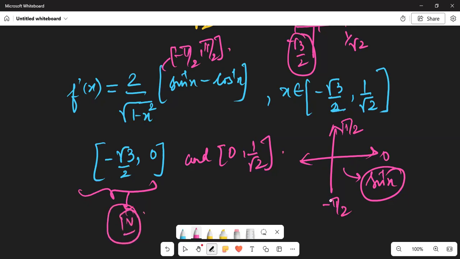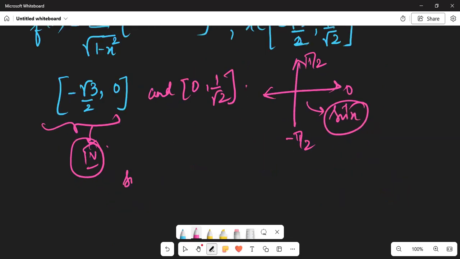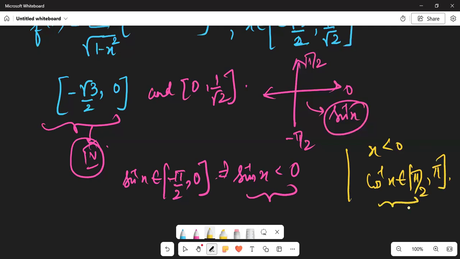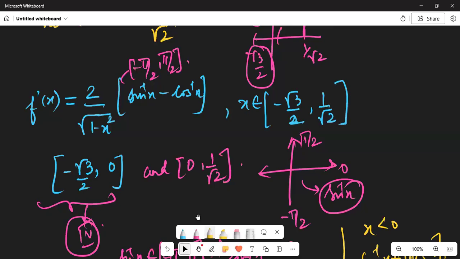In the fourth quadrant, sine inverse x is lying between minus pi by 2 and 0. That means sine inverse x is actually negative here. And since x is negative, that means cos inverse x is lying in pi by 2 to pi. That means cos inverse x is actually greater than 0. That means when we see this in this function,